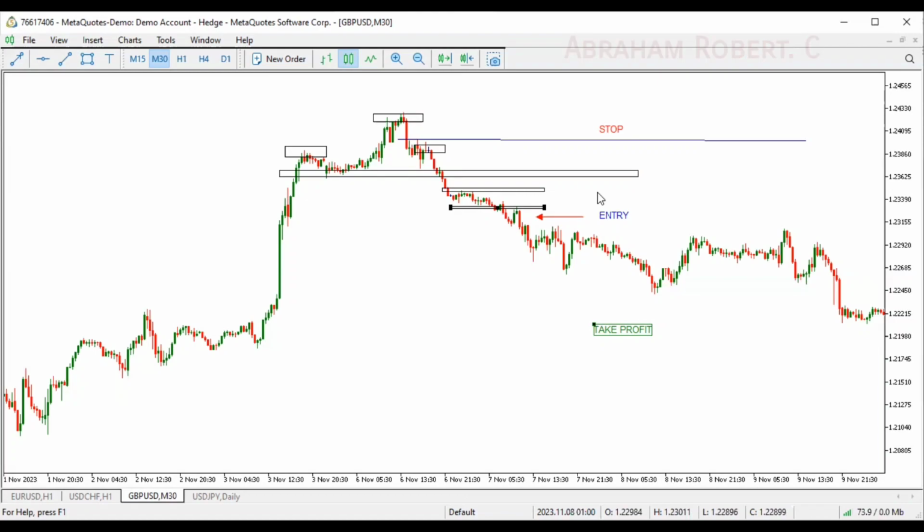That's why I say I'm going to give a lecture on that. That should be the last course for this series, so that even if you are putting your stop at this level or at this level, you are still risking the same amount you are supposed to risk. Now if I entered at this level, my take profit should be 1:2 or 1:1.5. Now this is how you trade